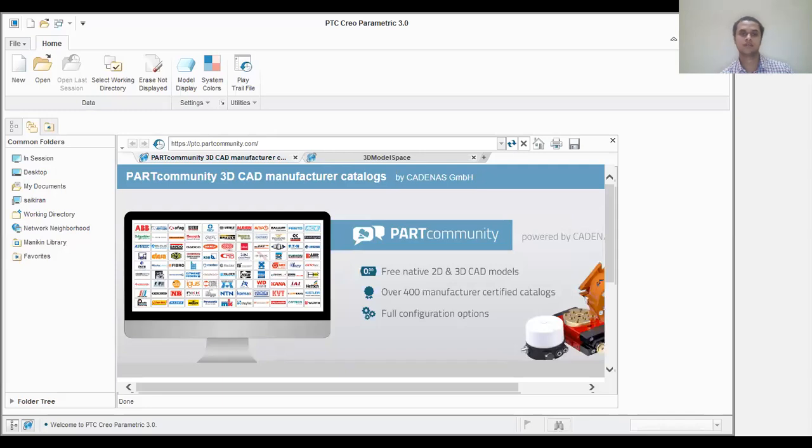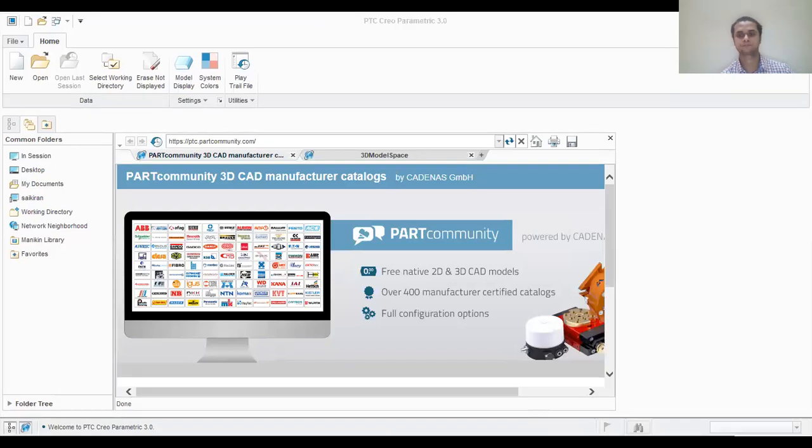After installing the Creo software, you have to click on Start. Then you have to click on All Programs. Then you have to select the PTC Creo. There is a file name called PTC Creo, and in that you can find Creo Parametric. So here you can see that it is Creo Parametric. I'm using version 3.0, and the latest is 6.0. So you can select Creo Parametric here.